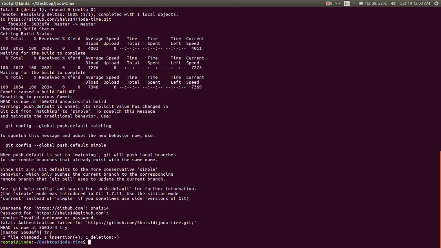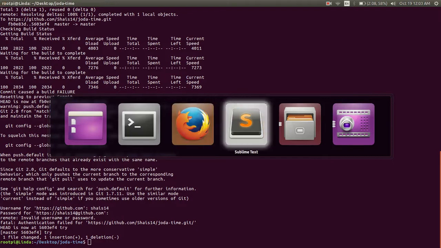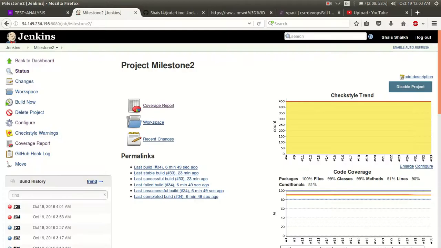Okay, and so as we have been reverted back to a previous successful commit, we would notice that here a new build job would pop up.